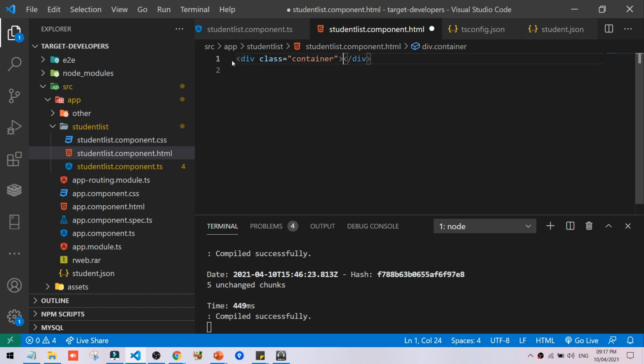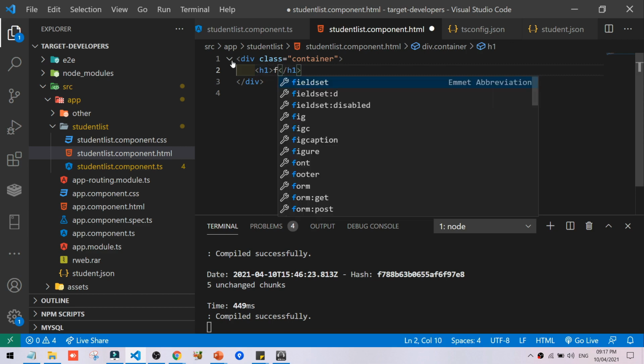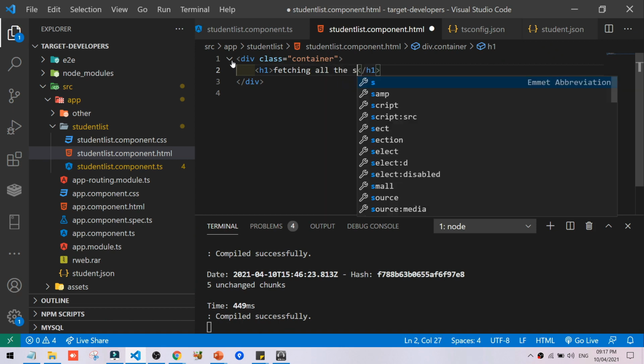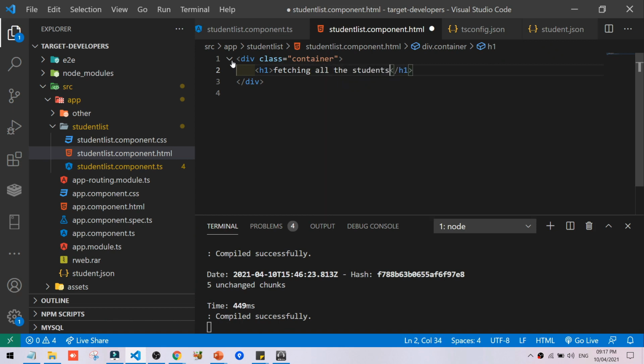In this HTML file, we will look at how to fetch the data in table format. We are giving a heading here, H1, fetching all data here in table format.